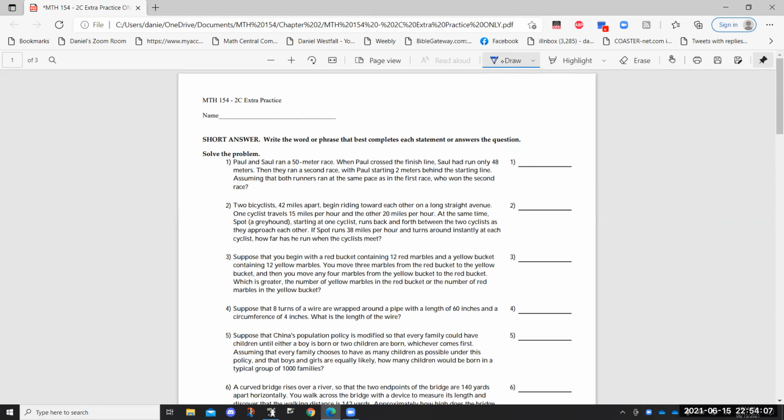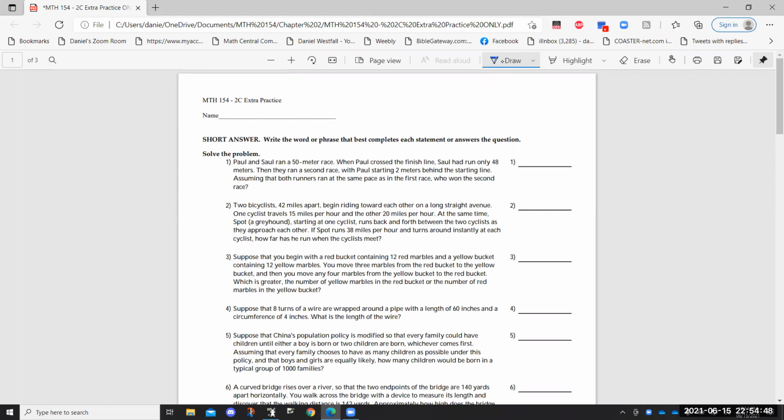There's two different ways to approach problem number one. One of them is to approach it quantitatively and actually figure out each runner's speed, and because it says they run at the same pace, which is their speed, set up the second problem and figure out at that speed how long it would take them to finish the race and which one finishes first. But there's a more intuitive method here, which is that in situation one,